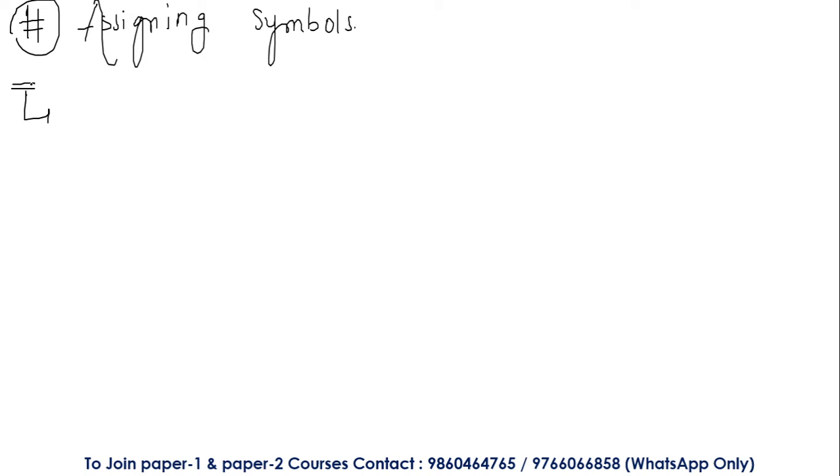So you can assign different symbols, but I'll note one point here: it is better if both I and you go with the same symbols. That will be helpful for both of us to solve the questions, for better understanding. Now